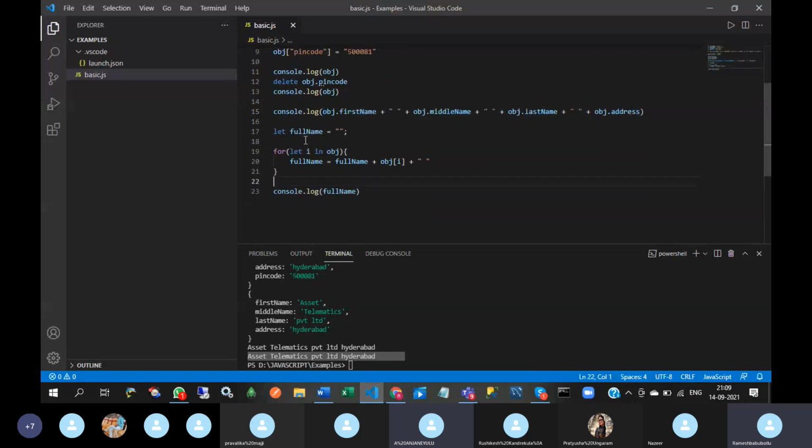But if you use this for loop, you don't need to write each and every name. It's simple. You can write like this also, but you want to display all key names' values.